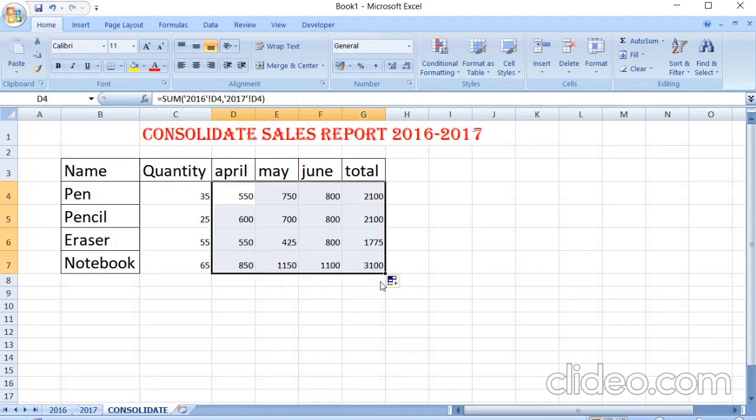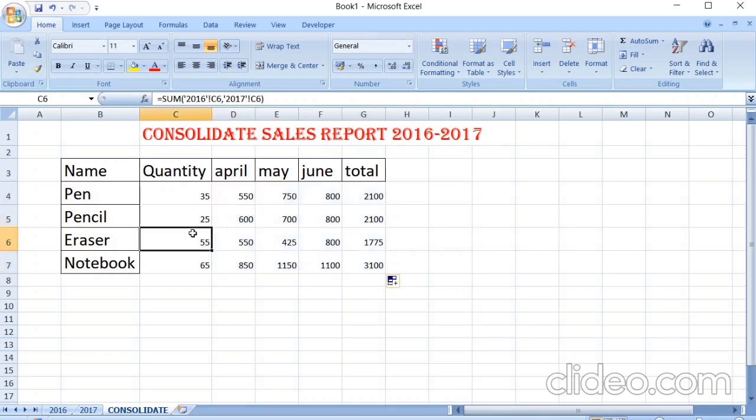Even by dragging it whole, you can do. What is this dragging? Drag means to copy paste the data. This is the way to consolidate, put the formula. When your data is on two different sheets, you can combine the data on the third sheet.